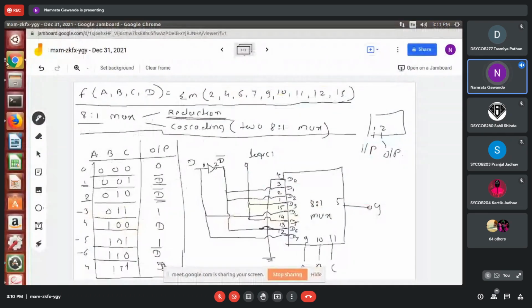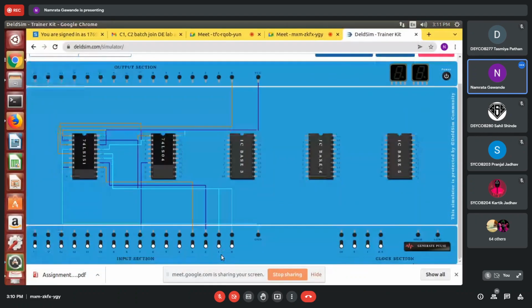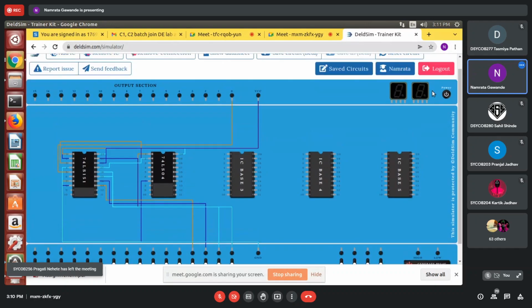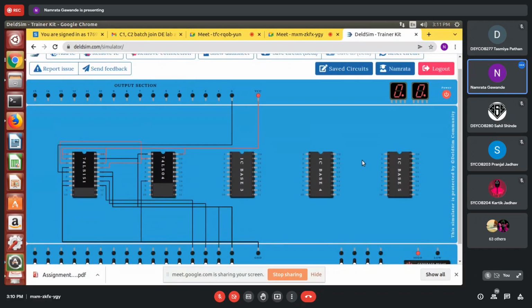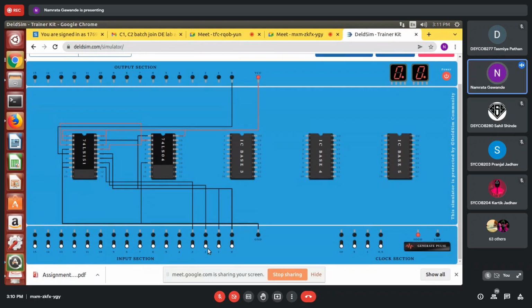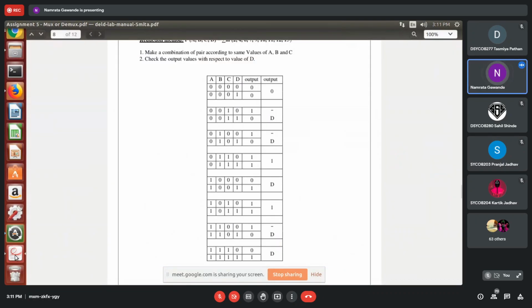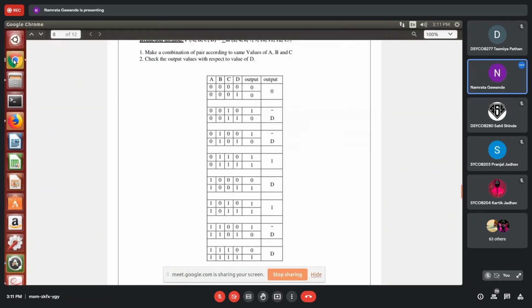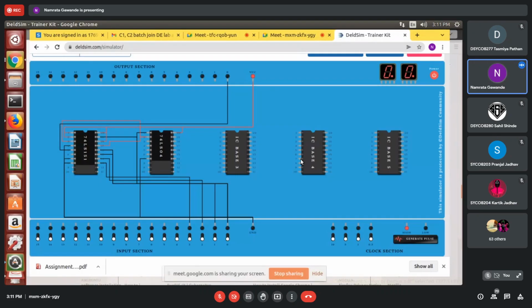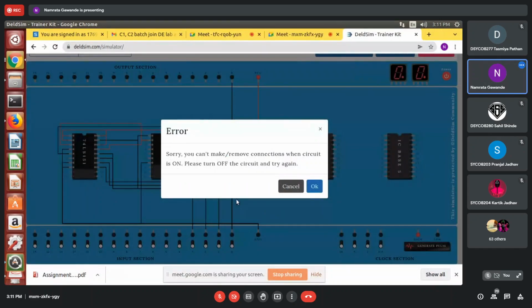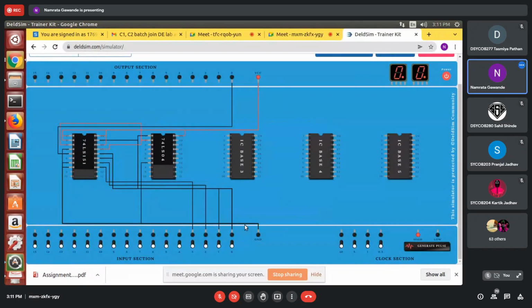For 0, 0, 1, 0, here you can see I can use these 4 select lines as A, B, C and D. So 0, 0, 1, 0, right? Getting the output 1.